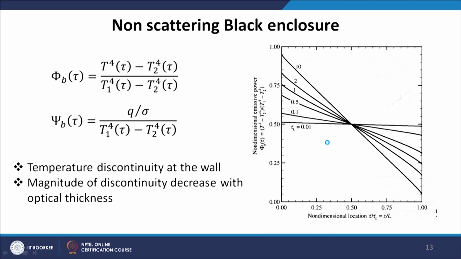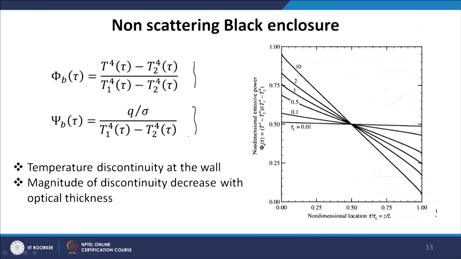On the other hand, here is the solution. I have not solved this myself; I have taken the solution from the book Radiative Heat Transfer by M. F. Modest. We have written the non-dimensional temperature or emissive power, T⁴ minus T2⁴ divided by T1⁴ minus T2⁴. This is the non-dimensional emissive power at any location tau, and this is the non-dimensional heat flux at any location tau,